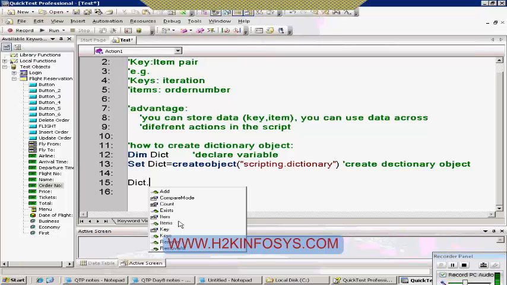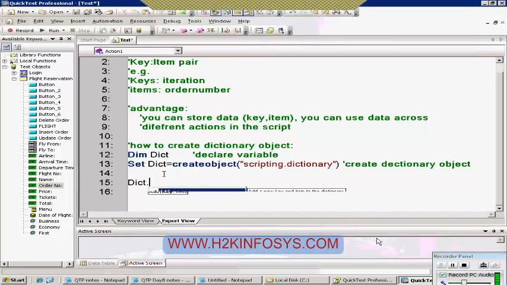See, these are the items and keys you can add. The moment you put the cursor on this, it says it adds a new key and item to the dictionary. So let's select this one, and now you can mention what key and item you want to add. So now I want to say